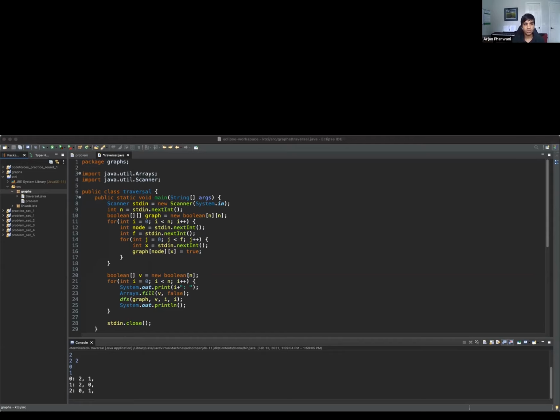So let's just say that there's this graph, A, B, and there's only two nodes in this graph, and let's make it undirected. So it's connected both ways, or rather there is no direction, which means that it's connected both ways.